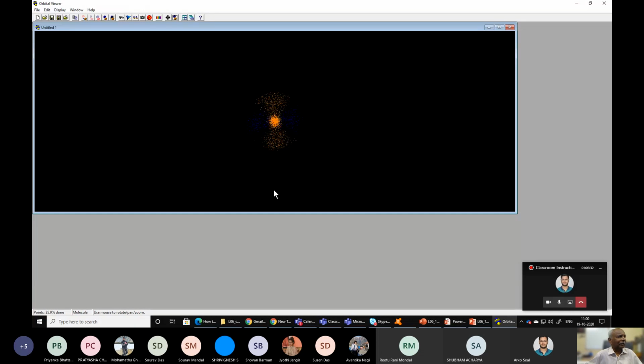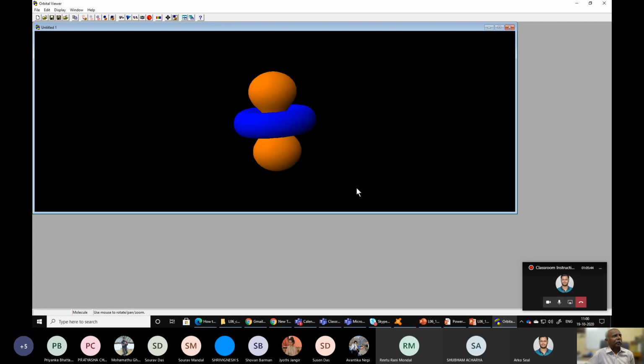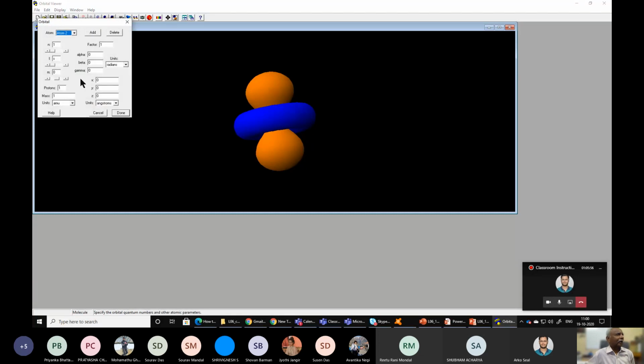So now we are generating S plus D. You can see that the screen is slowly populating. It's calculating the electron density at various positions for an SD orbital. And that's how you can generate it. This is almost looking like a d orbital, only this ring has become bigger. Okay, so now let me make that minus. So S minus D. Let me see if that can be done. So I have put the factor as -1, and I say done.